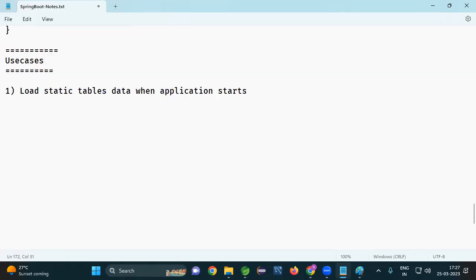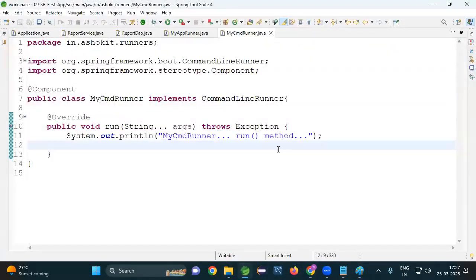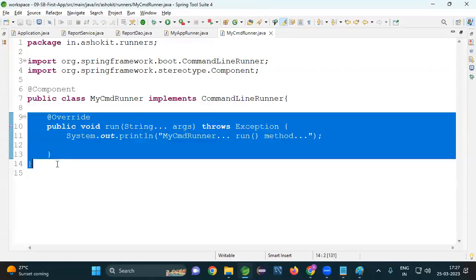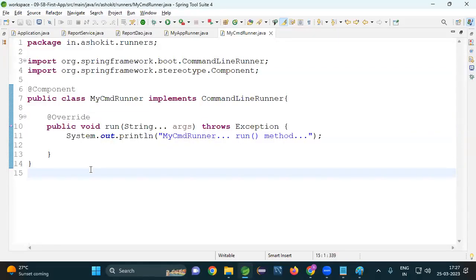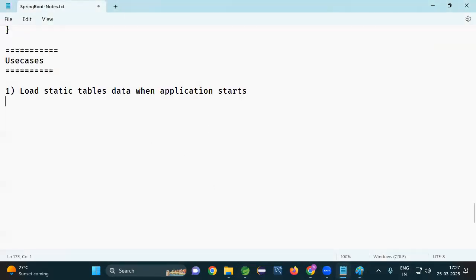When my project is started, I don't want to interact with the database every time to get the data because it is static data. When my application is started, my runner will execute. My runner will take the data from the database and store it into some map object or some memory. When my application needs that data, I will take it from the map instead of from the database. So this is one scenario. And the second one